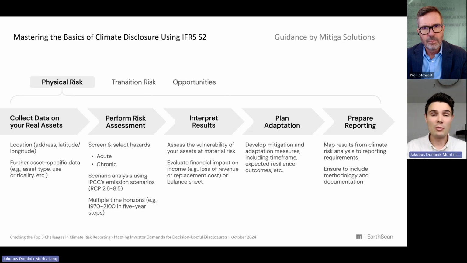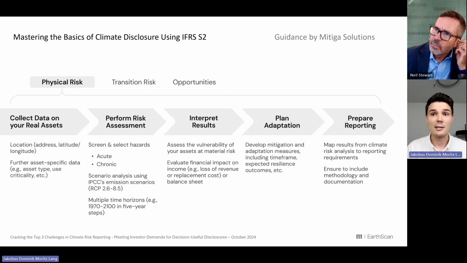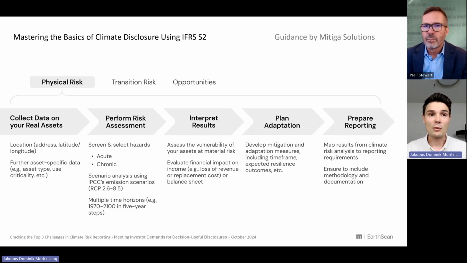But then you only know the exposure of these assets, and really the third step is to interpret these results and assess the vulnerability, evaluate the financial impact that these risks have. And the fourth step is then also to develop mitigation and adaptation measures. Before then, really the last step is to map results from climate risk analysis to reporting requirements. So with this generic process, which basically also answers to other standards that ask for a physical climate risk exposure,